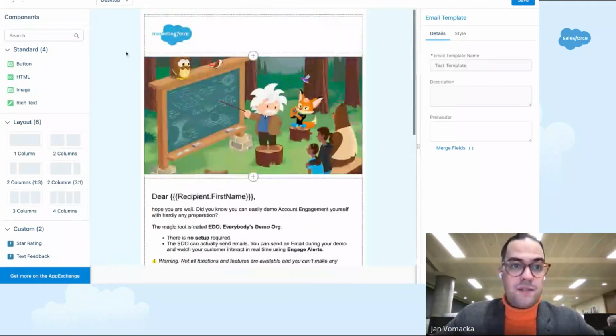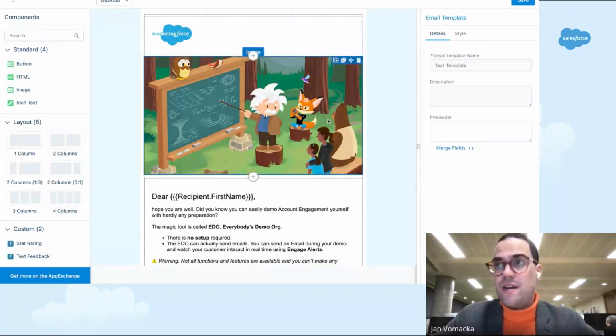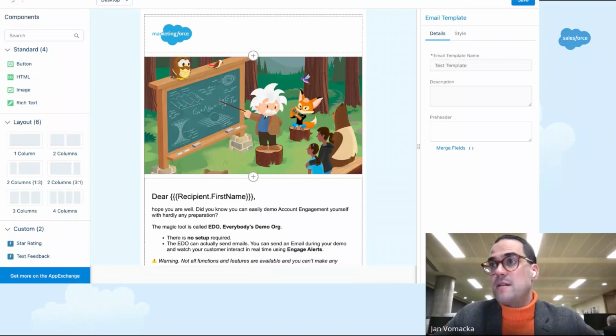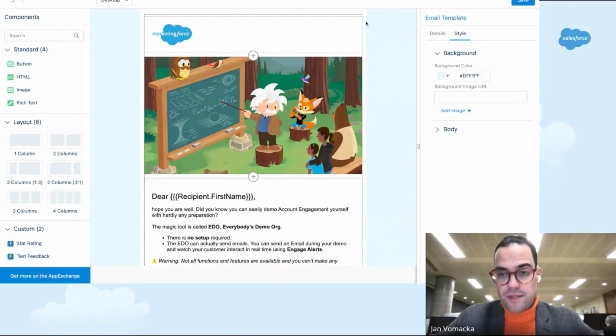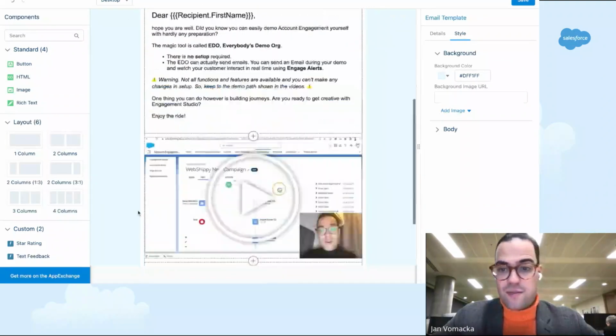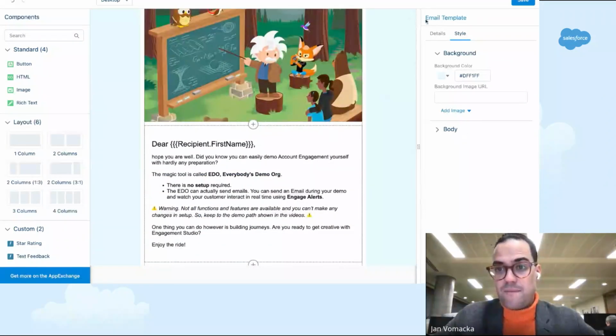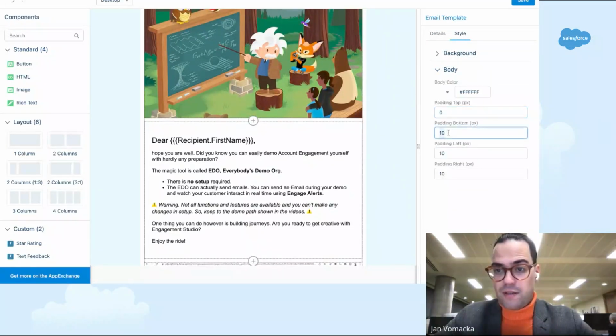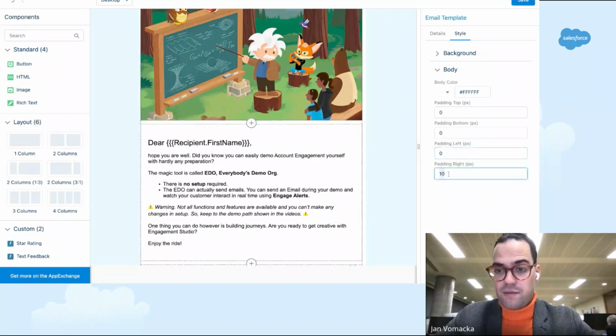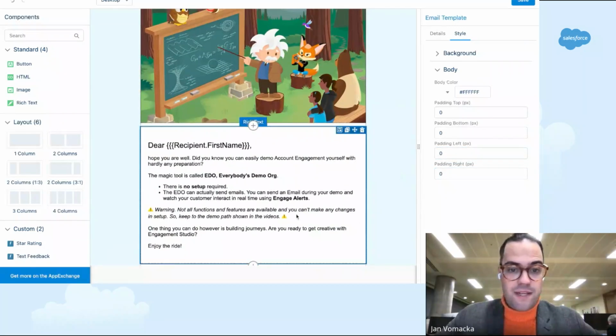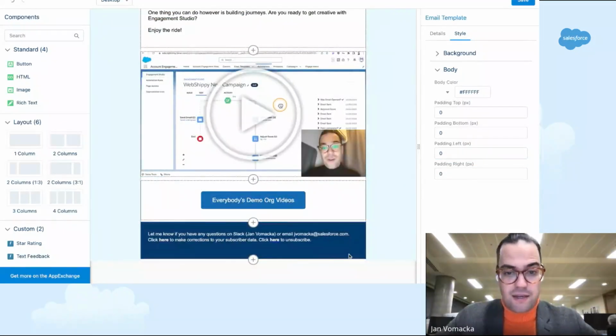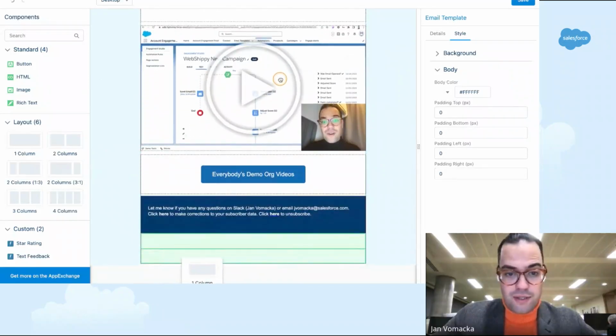One more thing, you see this white edge here. So let's get rid of this one as well. We just click on the background, and then on styling, and for body, we can set everything to 0. That looks good. And in the end, I still want to have a little bit of blue down here, so